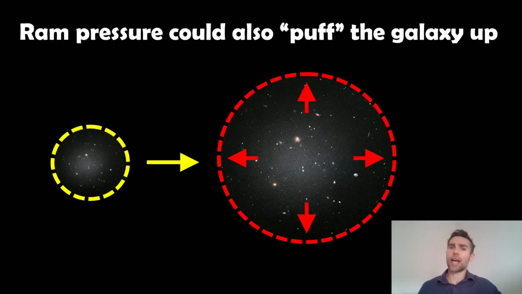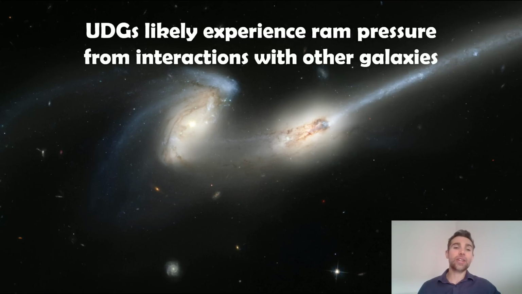And something else that happens is that this ram pressure can actually puff up a galaxy, so it can make it appear bigger than it actually was. And the end result of all that process is you end up with a fairly large galaxy with very few stars in, which means it's a diffuse, faint galaxy essentially. Now, I've mentioned jellyfish galaxies because they have a similar process of ram pressure that's removing their gas. And it could be that maybe some jellyfish galaxies end up being these ultra-diffuse galaxies.